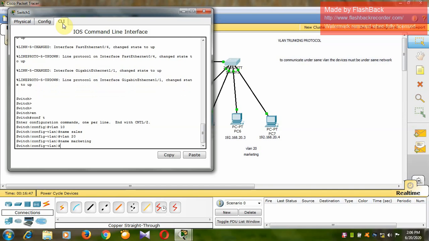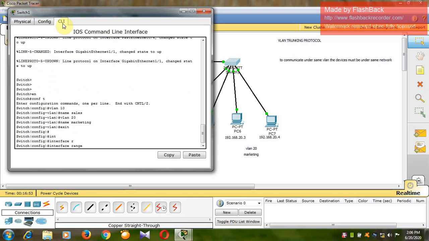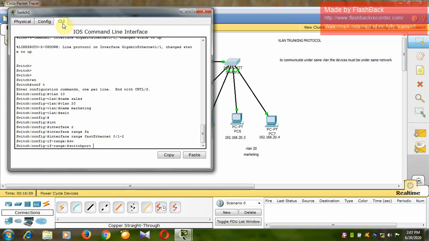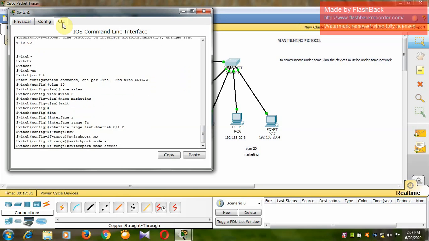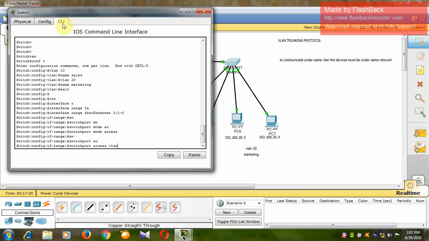Okay, now I have to assign the interfaces. For that, exit, interface range fastethernet 0/1 to 2. So switchport mode access, switchport access vlan 10. I want to put these two ports, 0/1 and 0/2, in VLAN 10.